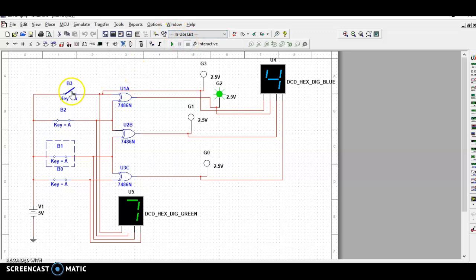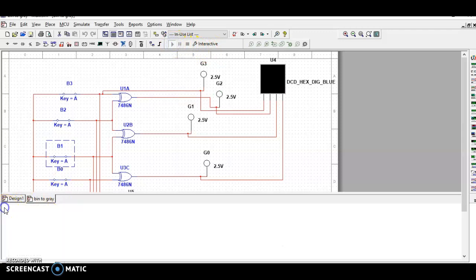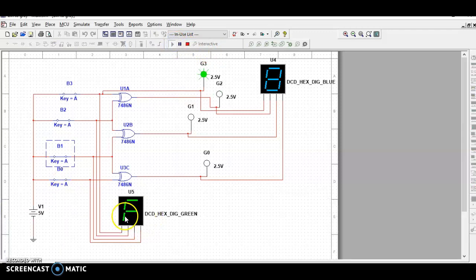Suppose I am giving a value of 15, we got the output as 15. It is in hexadecimal form, which is F. We got the output as 8. This is all about the binary to gray code converter.